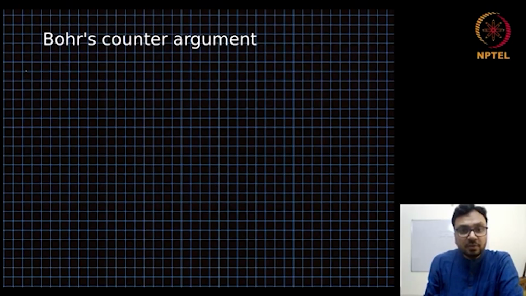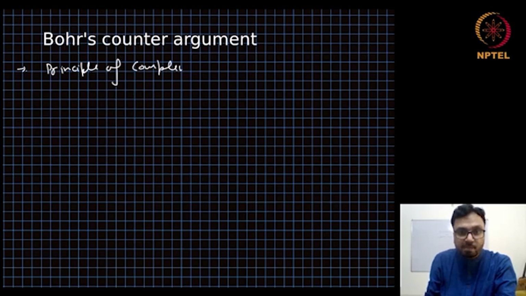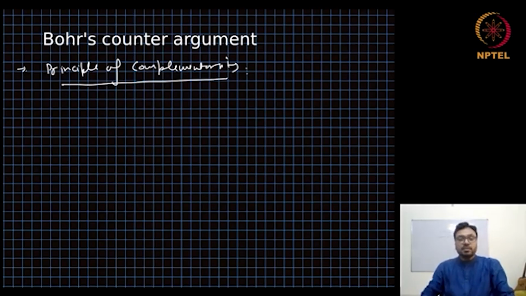After EPR's argument, Bohr replied with his counter argument, and he proposed the principle of complementarity. Einstein's argument against the completeness of quantum mechanics, that it violates the element of physical reality, was